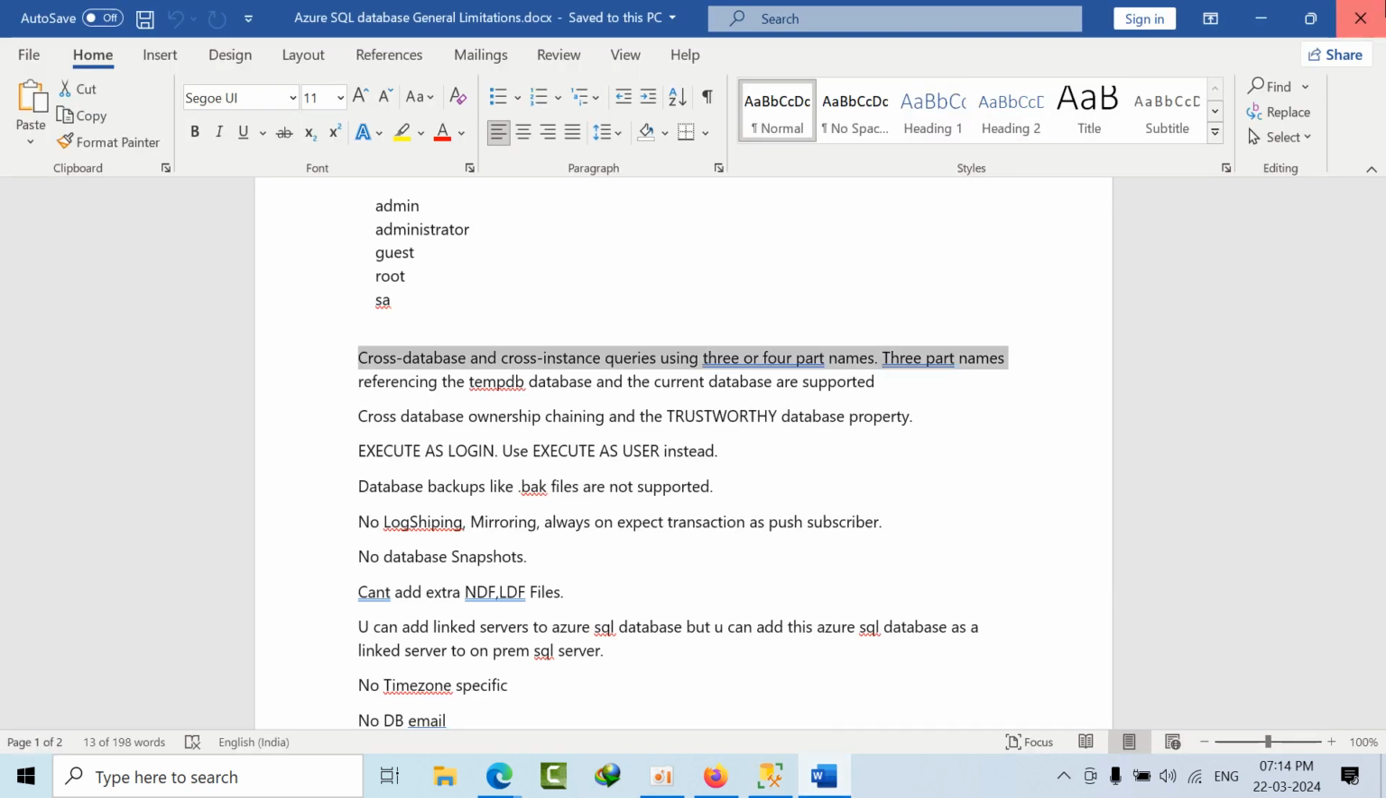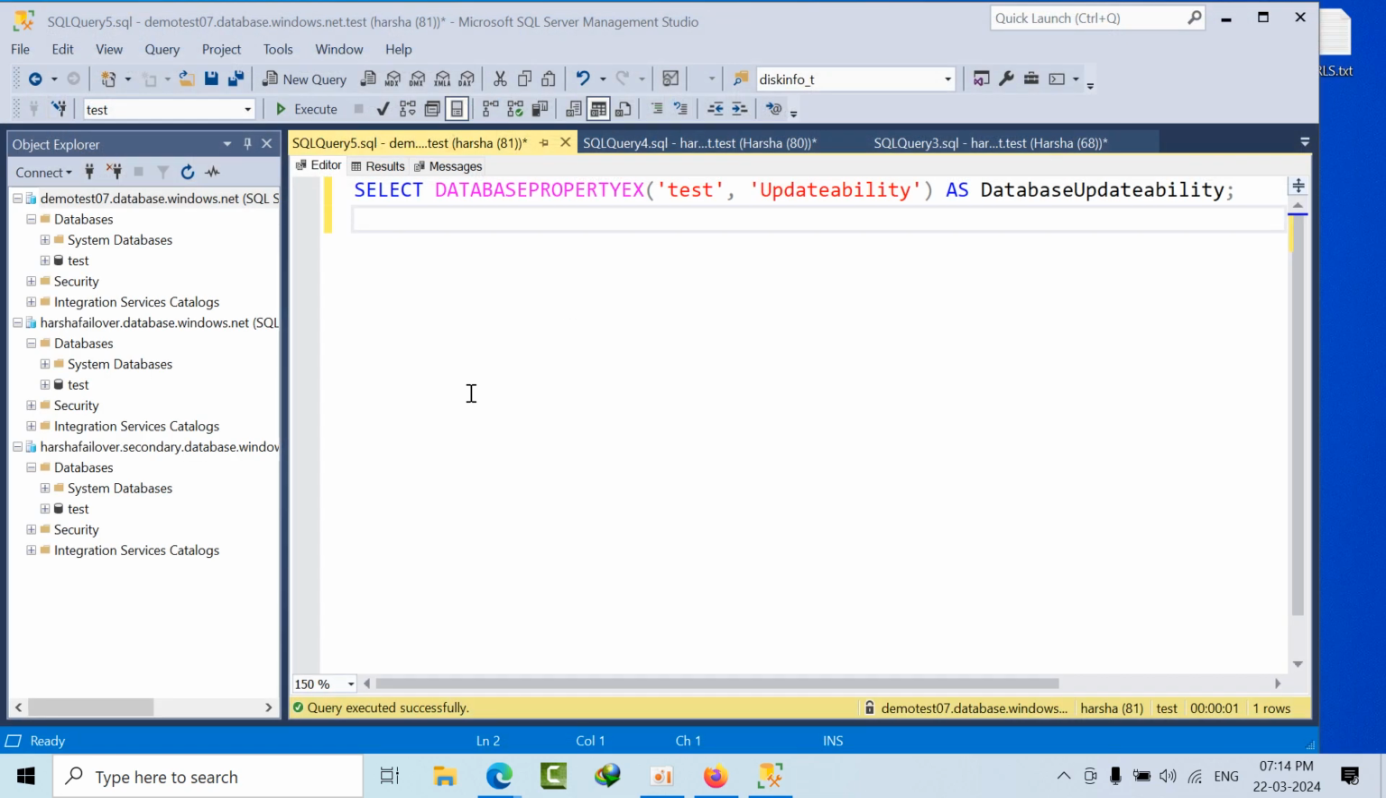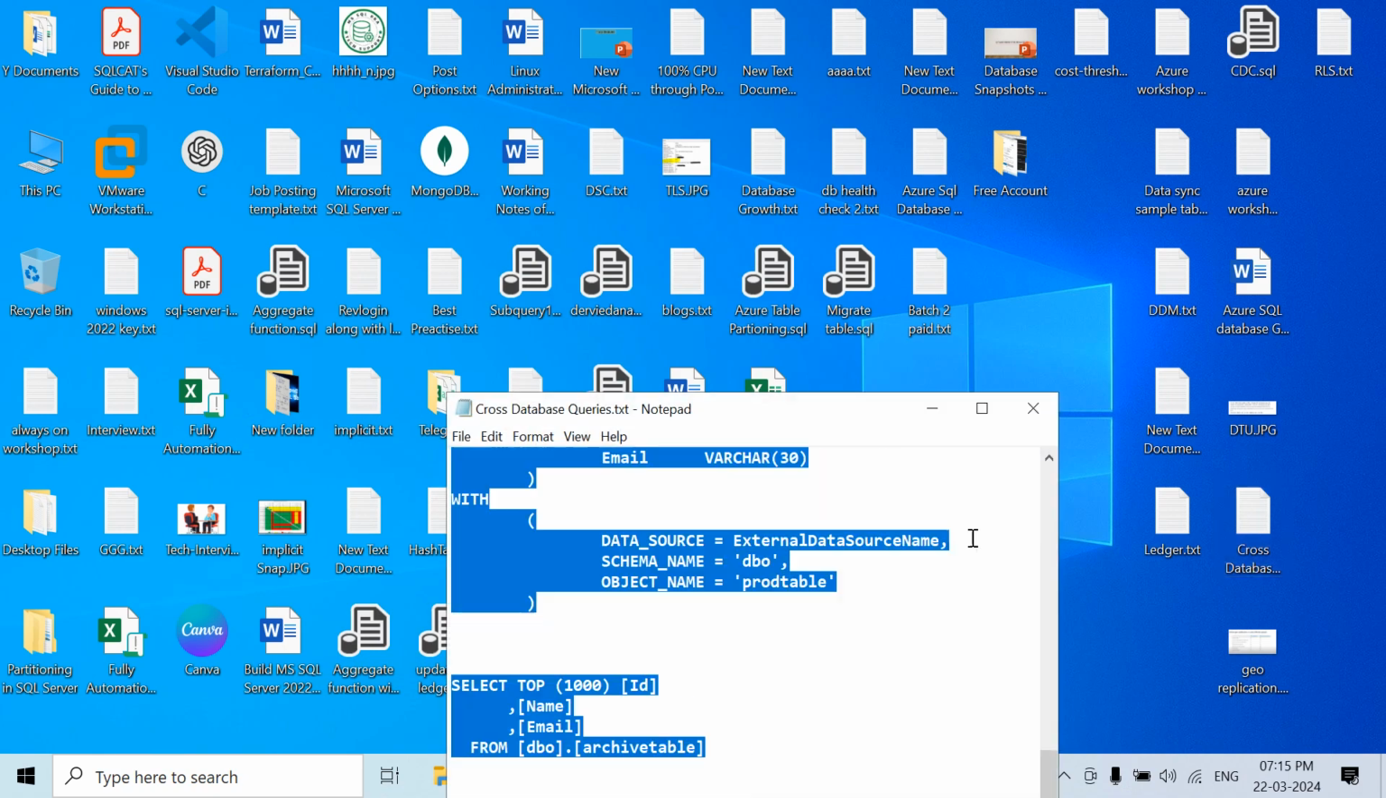Okay. And if you query between databases, we call it a cross database query, or we call it an elastic query. If you query other tables like other DBMS, then we call it external tables, but the concept is the same. Okay. And if I see cross database queries,